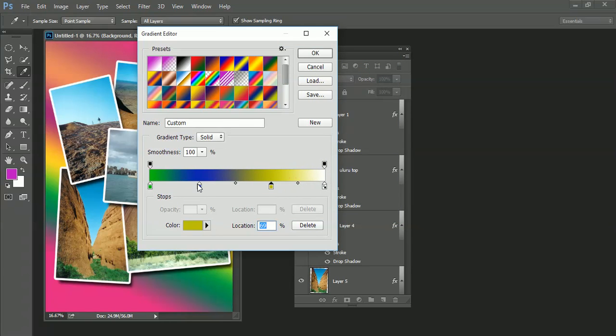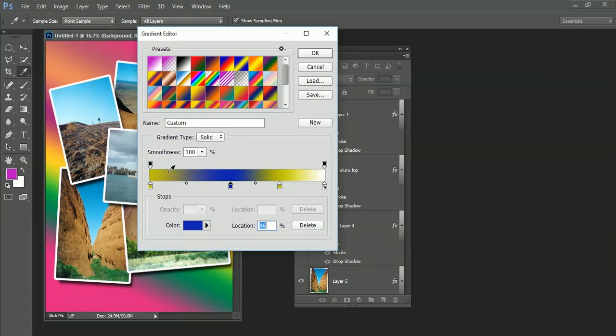I can move them along. I can change where the split is going to be between the green and the blue by moving this little cursor here. You can delete paint pots just by selecting one and pressing the delete key on your keyboard, so you can create your own custom color. You can even save it so it will always appear as a color swatch available in your presets for your gradient. So I'm just going to add another paint pot and say, okay, yeah, that'll do me